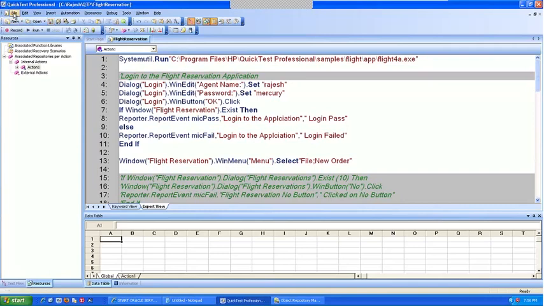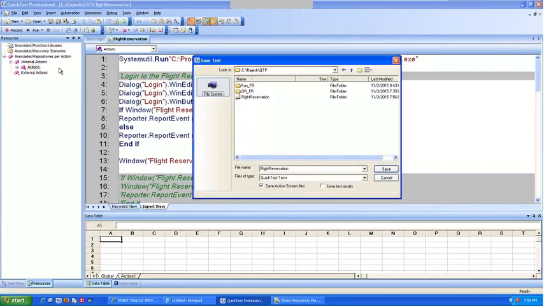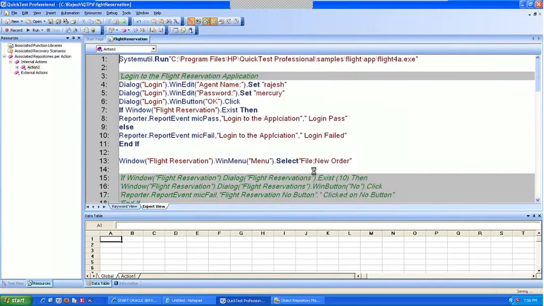Let's see how to split this. Now, I have one action where the full script is there. Correct? Now, I want to create multiple actions. I want to split this into logical actions. So first, let me save a copy of this. I don't want to take the original and work on it. So I'm going to create a new copy called actions.